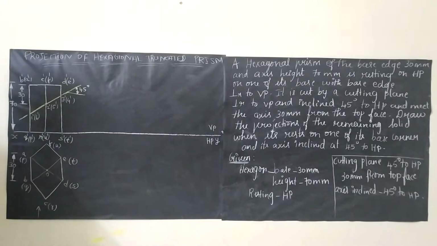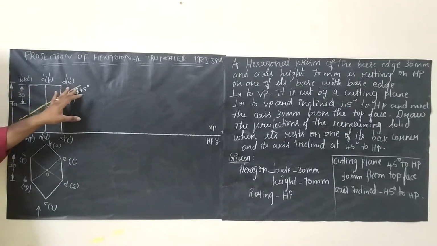So how we can write a name for the cutting plane is we have to name like this: 1 dash, 2 dash, 3 dash, reverse 4 dash, 5 dash, 6 dash. So 1 dash will be belonging to B dash and Q dash, and 6 dash is belonging to A dash and P dash. Here 2 dash will be belonging to C dash and R dash, 5 dash will be belonging to F dash and U dash. Same thing for 3 dash and 4 dash. Dimensioning for the cutting plane, we can dimension here. If you don't have space here, you can also dimension here.